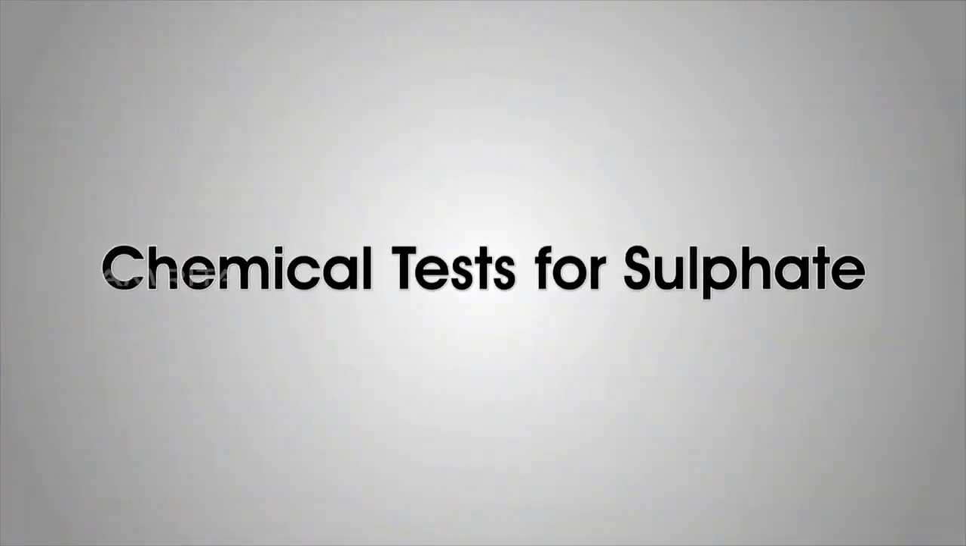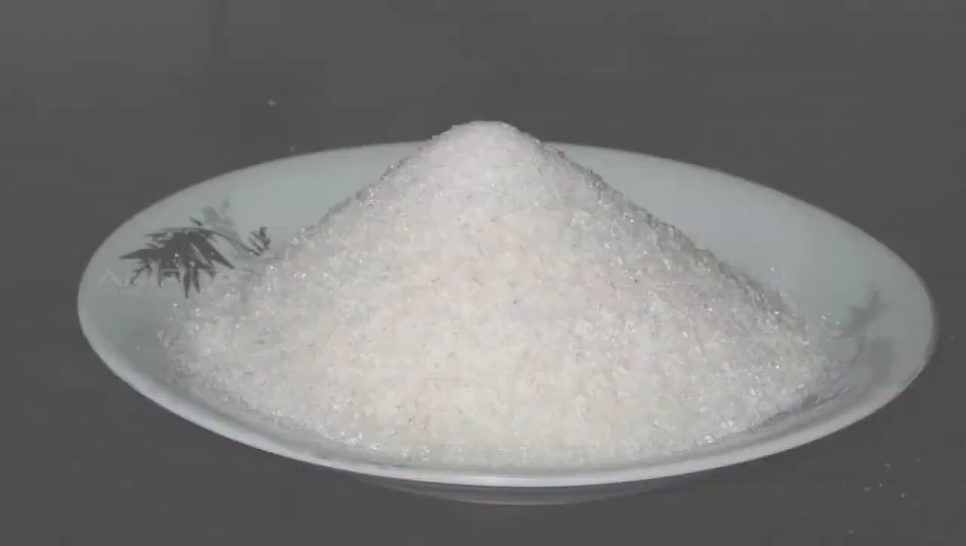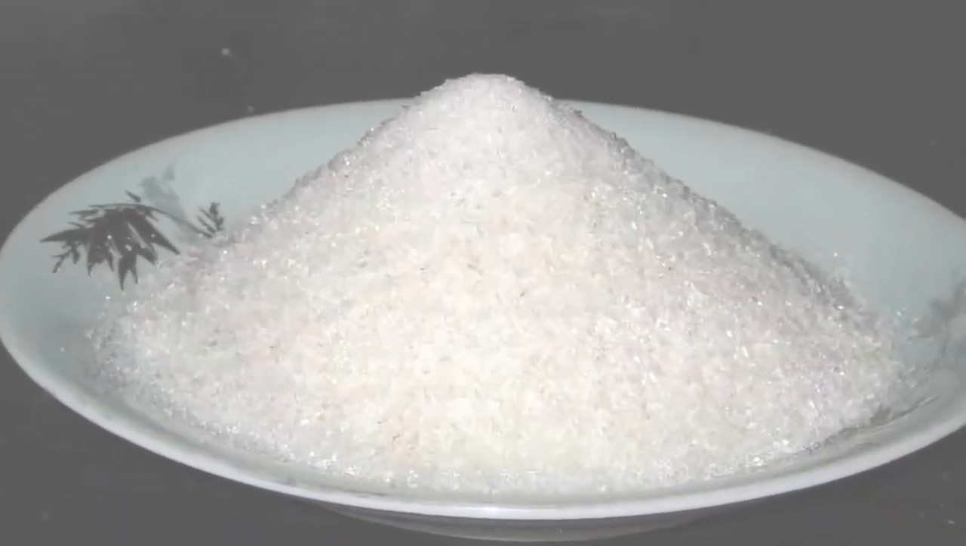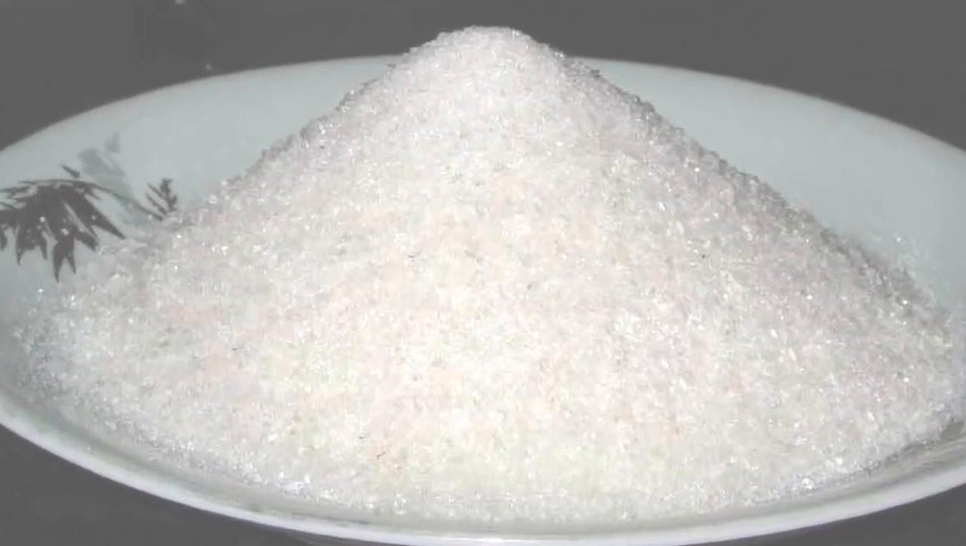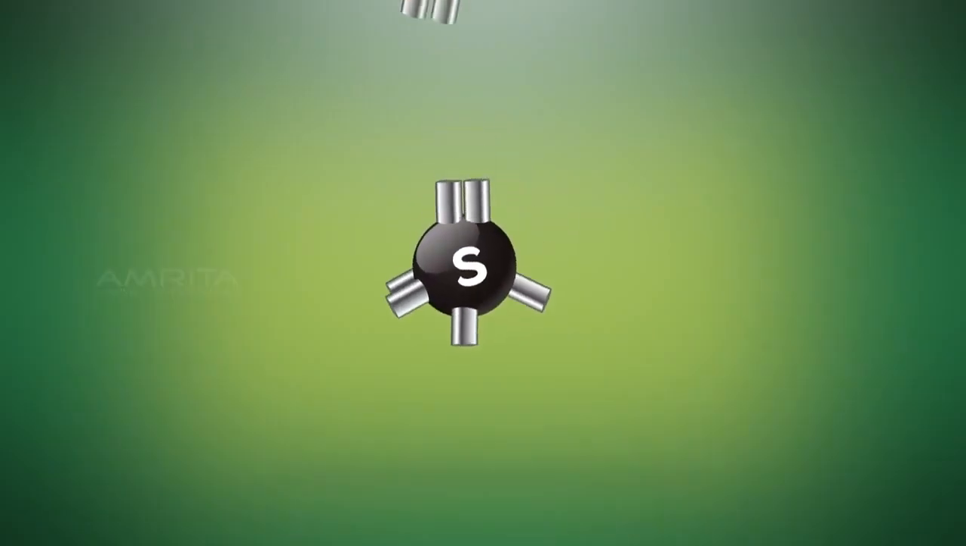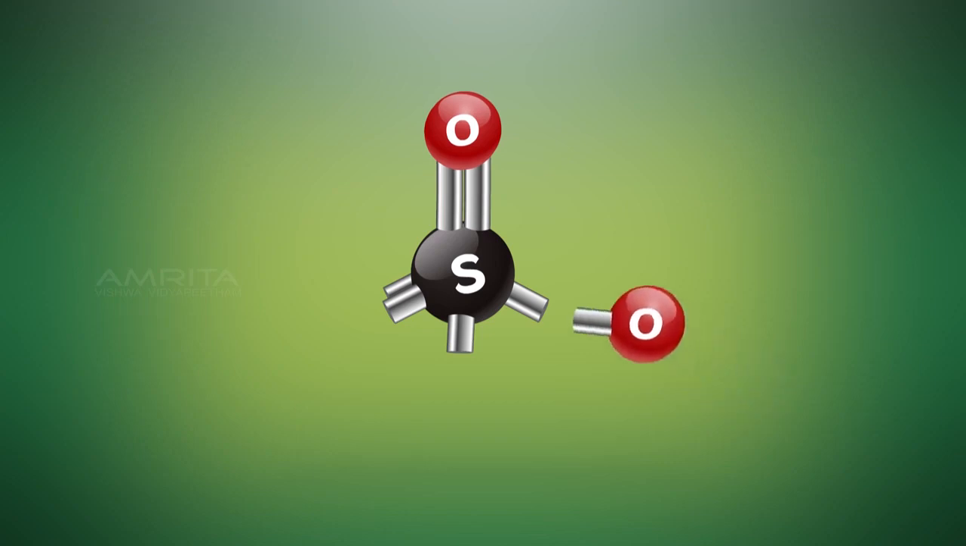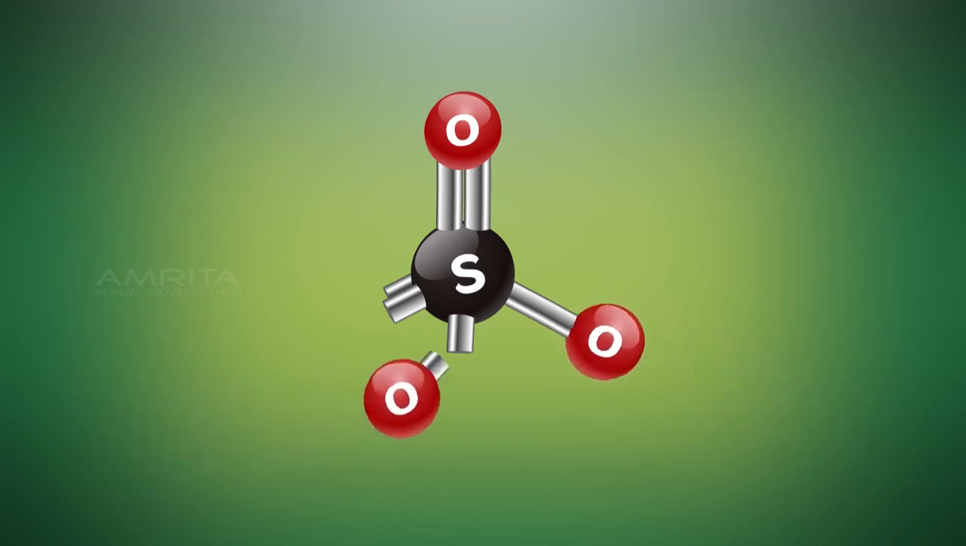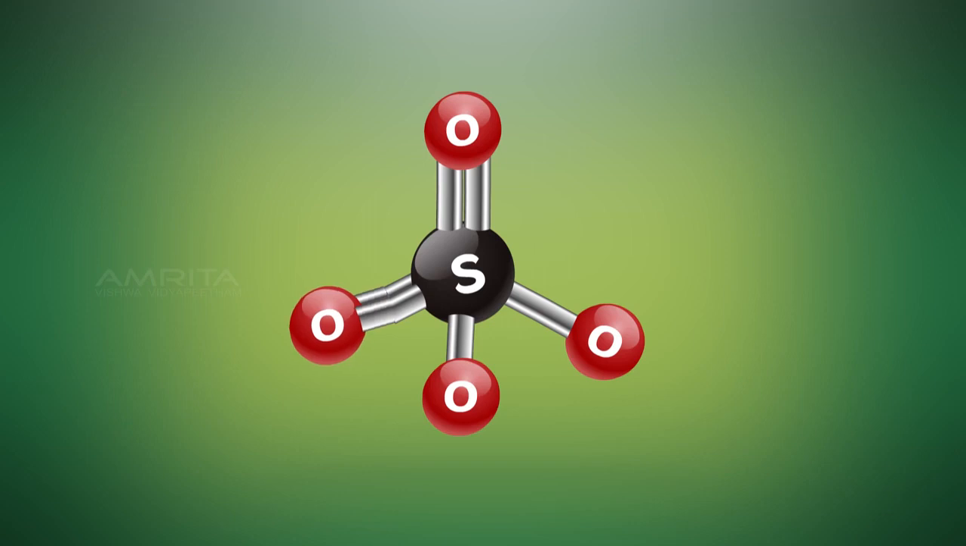Chemical tests for sulphate. Sulphates are inorganic salts containing sulphate ions. The sulphate ion is a polyatomic anion in which the central sulfur atom is surrounded by 4 equivalent oxygen atoms